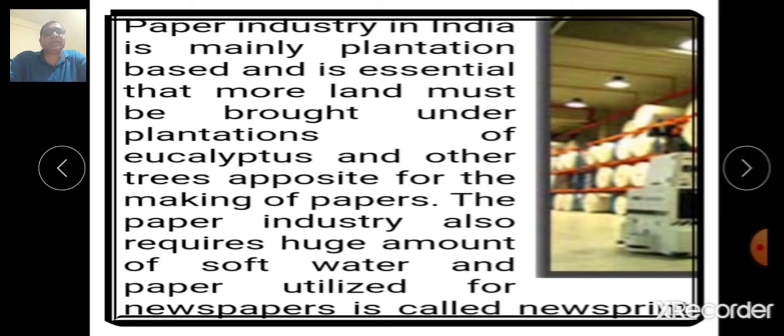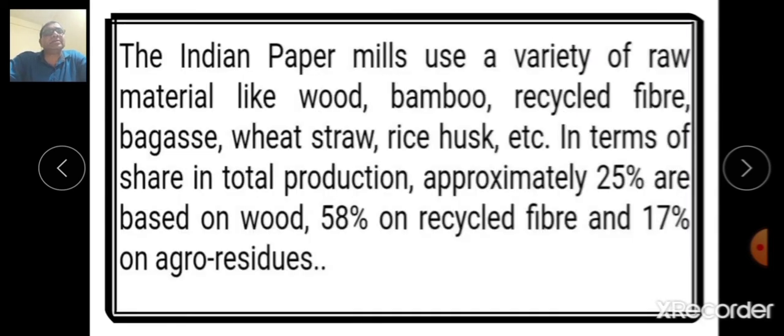The paper industry also requires a huge amount of soft water, and paper utilized for newspaper is called newsprint. Now in India, the paper mills use a variety of raw material like wood, bamboo, recycled fiber, bagasse, wheat straw,